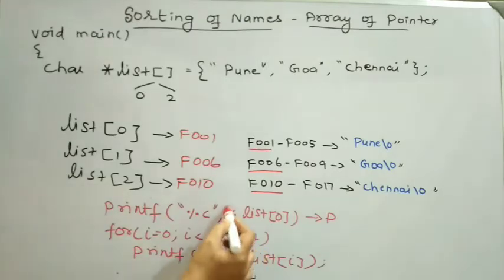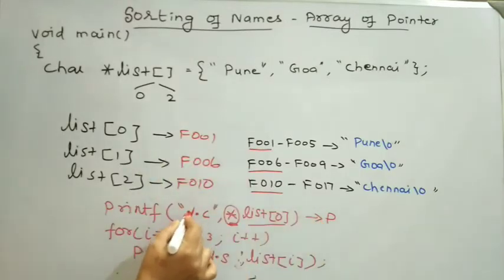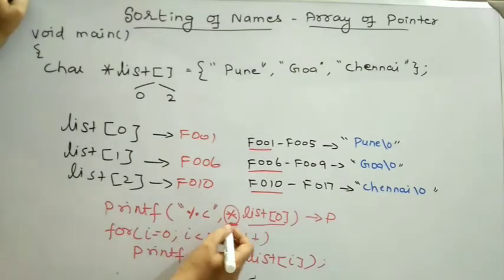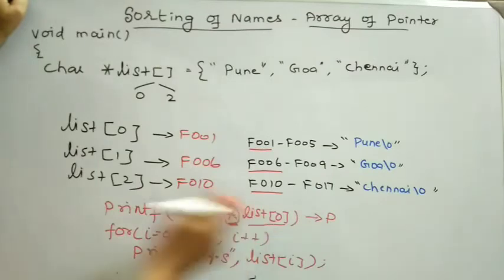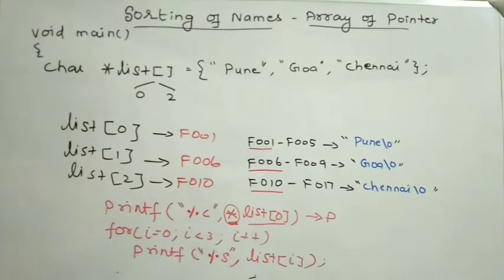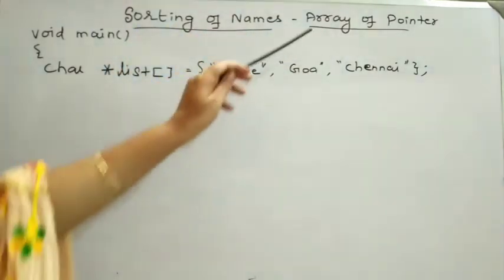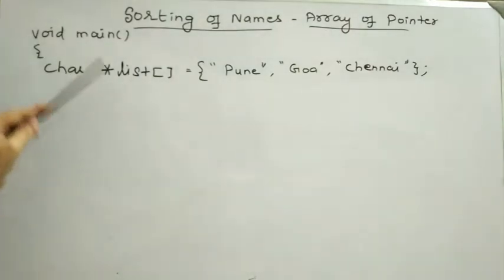Okay, so if I use this delimiter along with this base address, it will print a single character since the control string is %c. So here we have used this indirection operator on this memory address, that is the base address. Here we have not used the indirection operator. Why is it so? Since I use the control string %s, there is no need to use the indirection operator before this base address. So we have discussed the advantage of using an array of pointers, which is minimal usage of memory, and how to access the string value using this array of pointers.